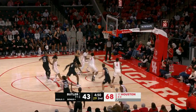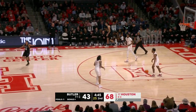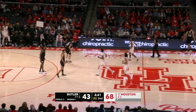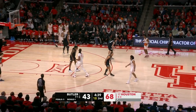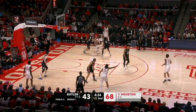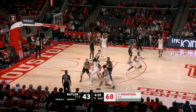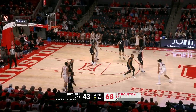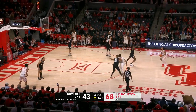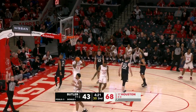Patrick McCaffrey, and the rebound grab by Javier Francis. Valued possession. Forced Butler to have to defend late in the shot clock. It was a 10-point game at the half, and Houston has dominated since halftime. Neither team really found their footing offensively in the first half. Butler hung around as Emmanuel Sharp took a little bit of a heat check, and a foul going for the rebound,